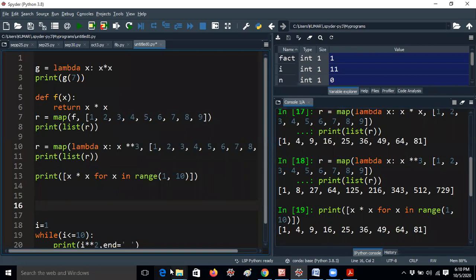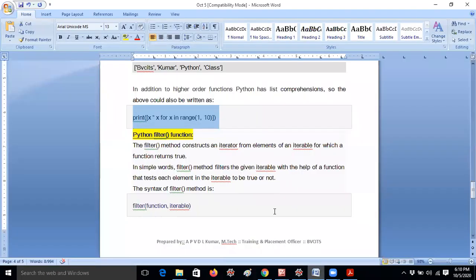Just now I told you, here I don't need to give the 1 to 9 values. You can directly pass range of 1, 10 here, then it will get the cubes of the 1 to 10 values, or the squares of the 1 to 10 values in that example. You can take the range function directly, because range is a predefined function in Python. Hope you understand, guys. And let me move on, before going to the filter method.